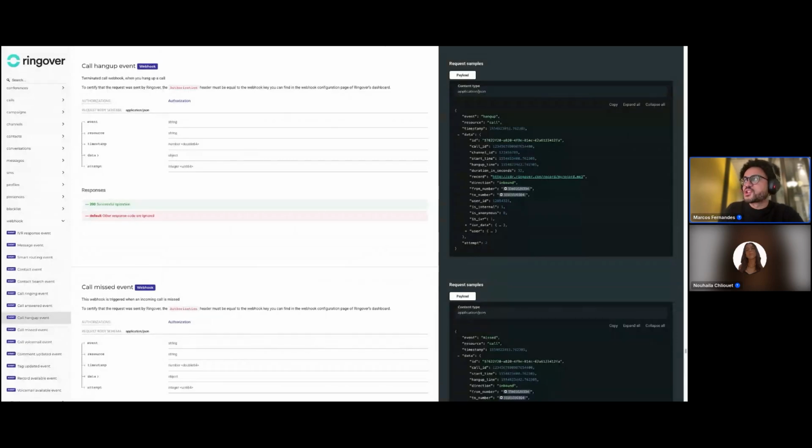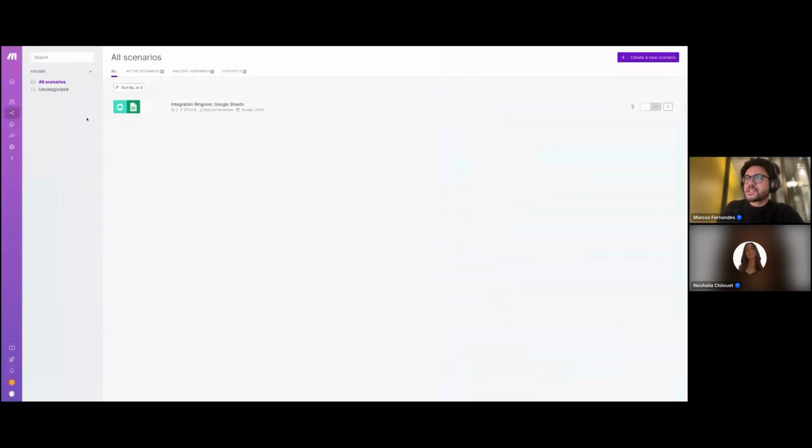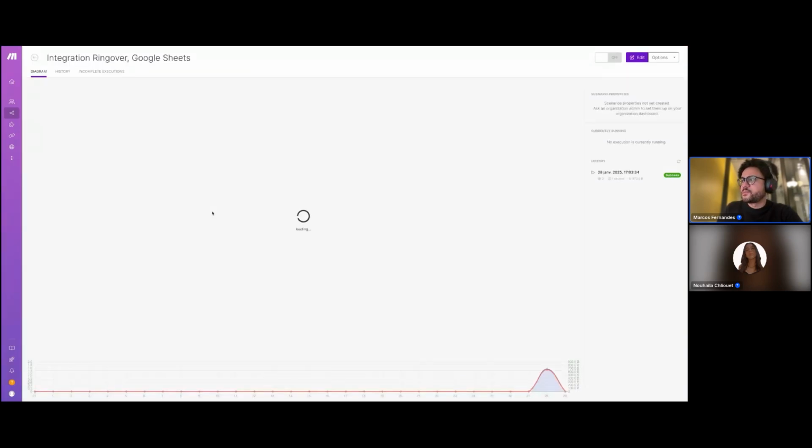Once again, I'm just going to show you a no-code tool that you can use, but that's just one of the tools that you can use. This tool is called Make. It is a tool that you can use to manage your webhooks, and it already has an integration with Ringover. So if you click here,